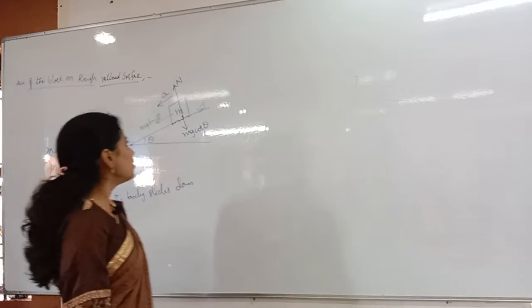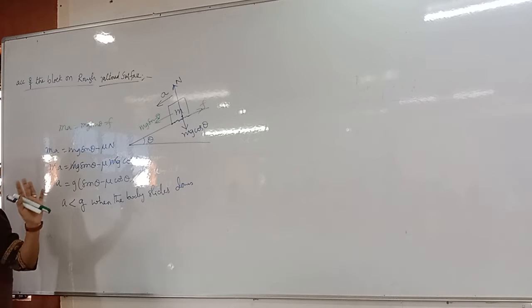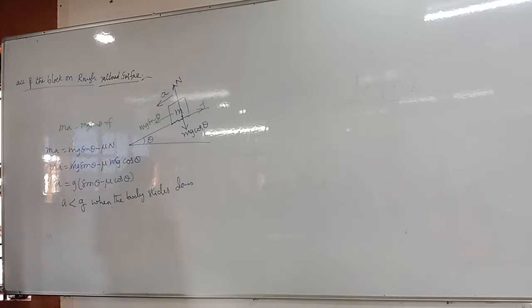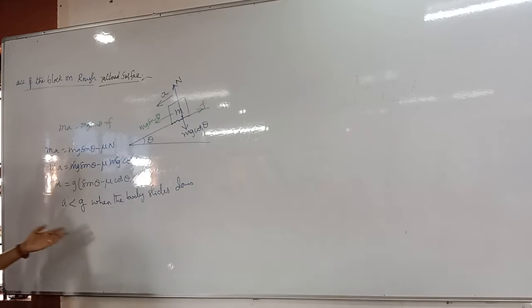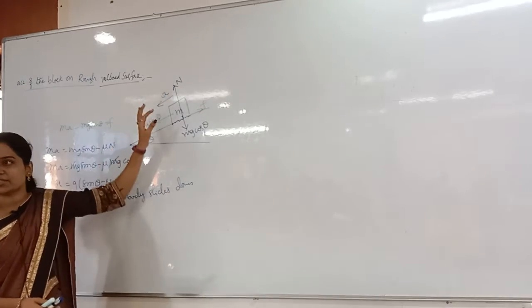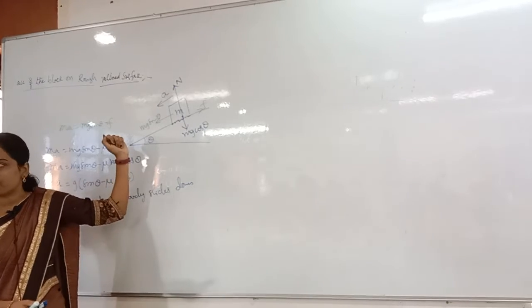Next, force. Whenever it is sliding down, I want to stop it. I don't want to push it up, I just want to stop it. So whenever I want to stop it, what do I have to do? I have to apply a force. When it is at rest, it is not moving with any acceleration. At that time, you apply a force exactly opposite to the friction.